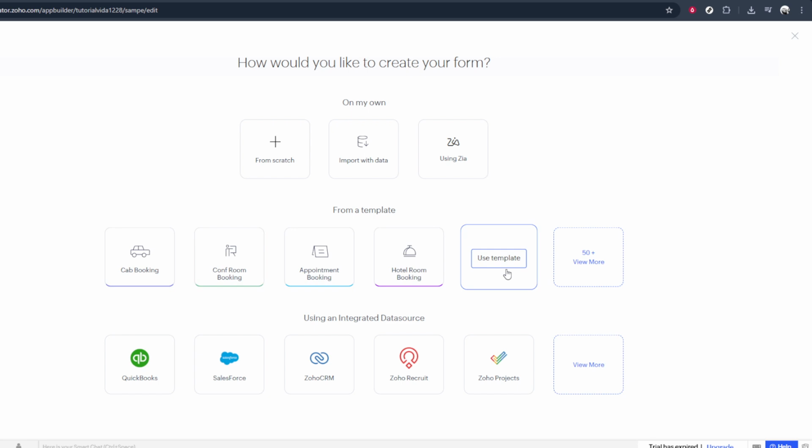When you click to create a new form, Zoho Creator will show you different ways to build it. You might see choices like creating a blank form, using a template, or importing data. Select the option that best fits your needs. For pop-up forms, a simple blank form is often the easiest starting point, because you can control exactly which fields appear. After you've made your selection, follow the on-screen prompts. Zoho Creator will guide you through adding fields like text boxes,